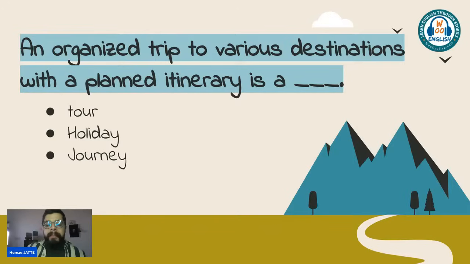So imagine we have a planned visit, for example, a planned visit to Morocco, the word that we are looking for. So you will visit, for example, Marrakesh, and then you go to Agadir, and then you visit Essaouira. So this is itinerary, the different places that you visit. Okay, so what do we call these kind of trips?